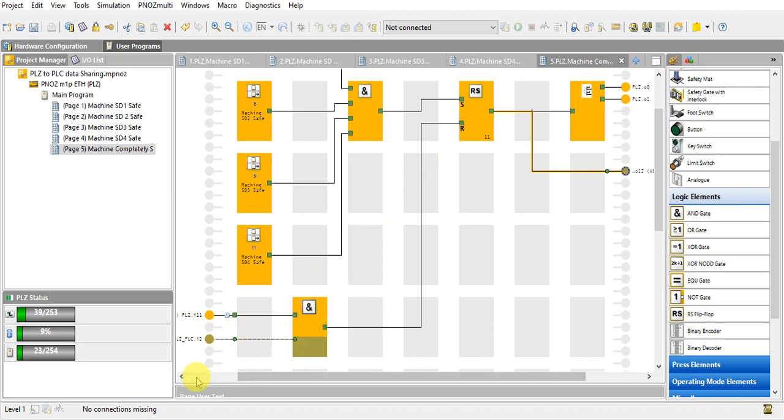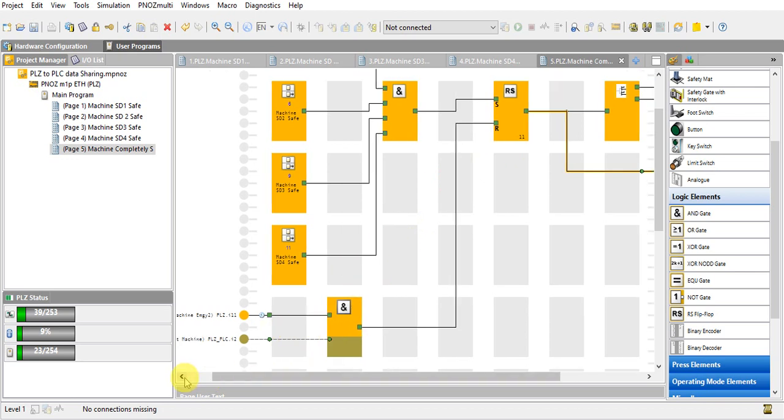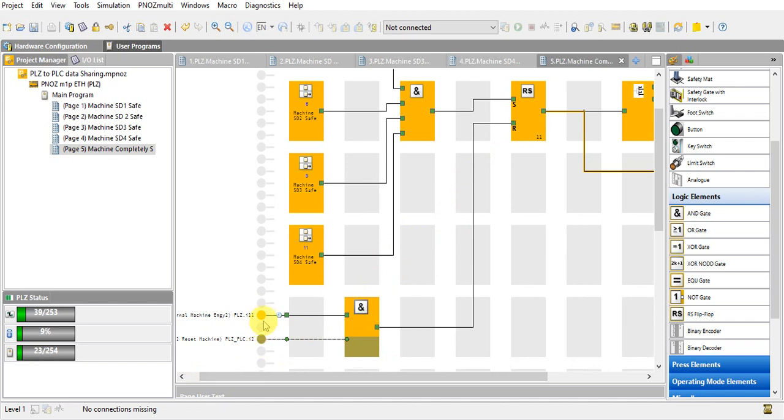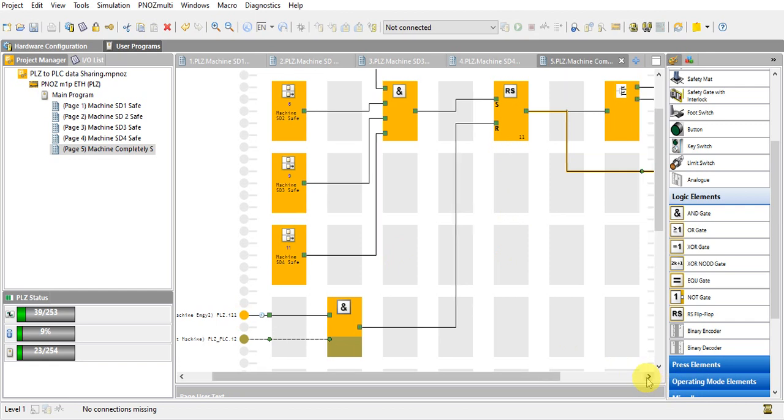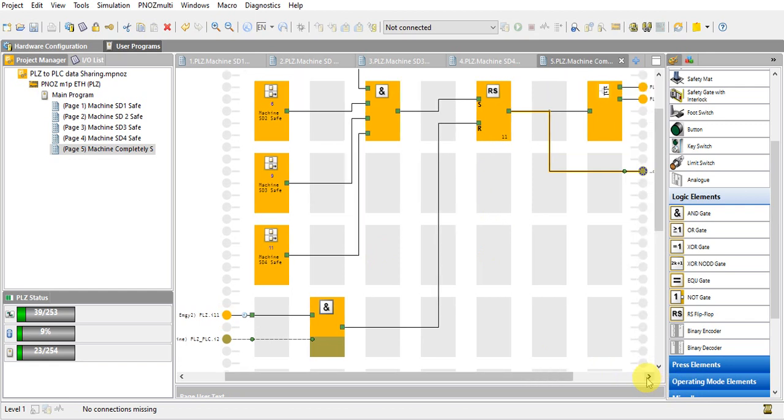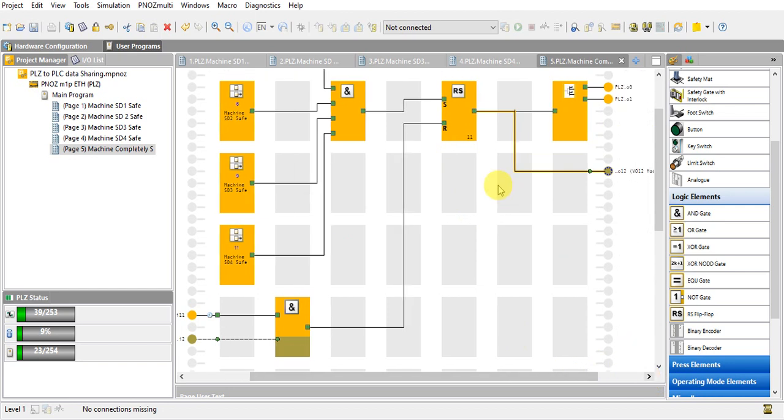If the reset button is pressed or the external emergency is pressed, so this will reset. That means our output will be the machine is not safe. Okay, it looks like this one. The overall program is here. Let us see some